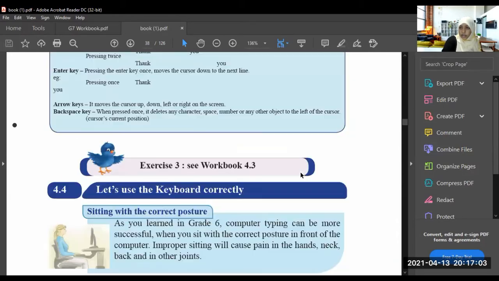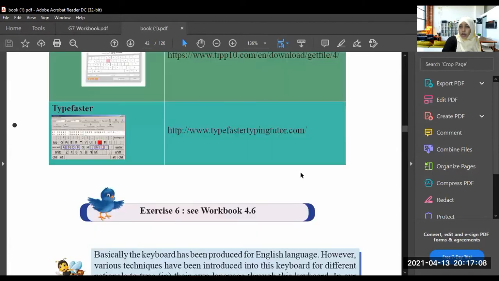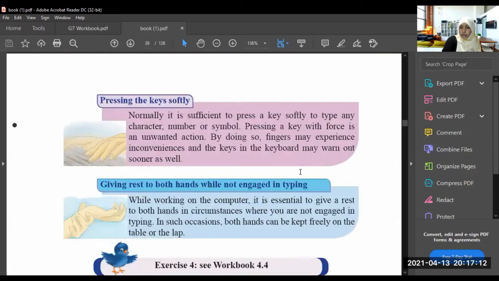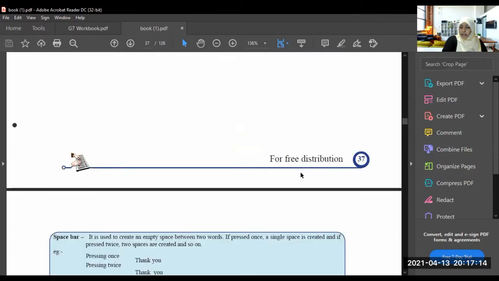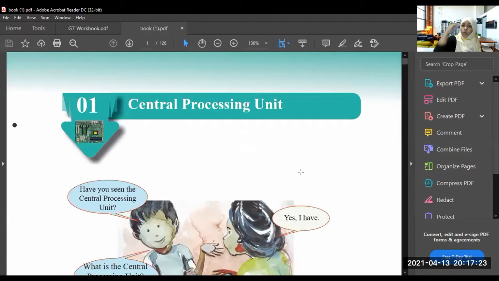It goes down. If I press the Page Down, it goes down. If I press the Page Up key, it goes up. See, isn't it? If I use the End key, it goes to the end of the document, the last page of the document. If I use the Home key, it goes to the first page of the document.